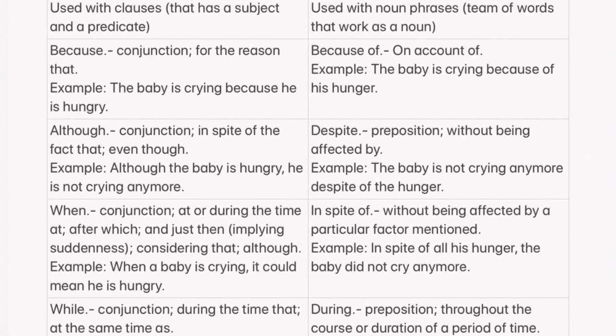Let's see the example in because. Because is a conjunction. It means for the reason that. ¿Por qué motivo? An example of using because will be, the baby is crying because he is hungry. Now, the clause here will be, he is hungry. Porque si nosotros mochamos la parte de he is hungry del resto de la oración, esa podría ser una oración por su cuenta, porque estamos diciendo, él está hambriento. Tenemos un sujeto, tenemos un predicado. Alright? So that is a clause.